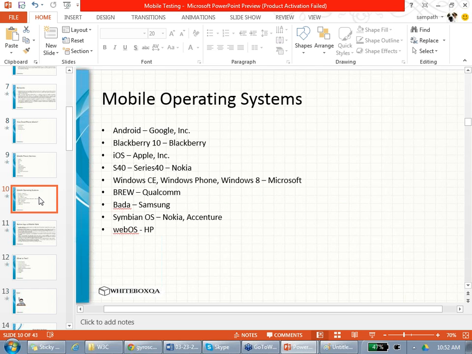There is BlackBerry, by RIM, a Canadian company. And iOS is by Apple. S40, S50, S60, which is Series 40, Series 50, Series 60 by Nokia. Your Nokia phones have S40, S50, S60.